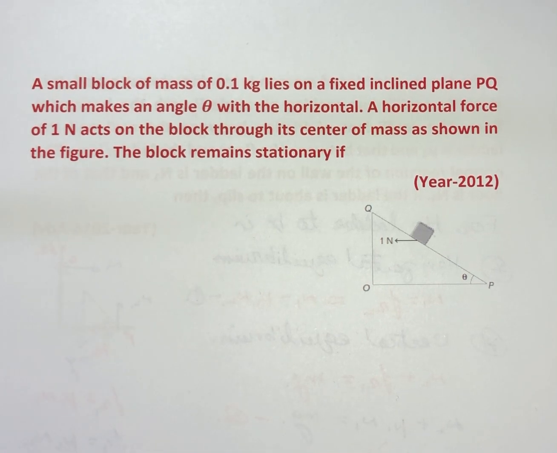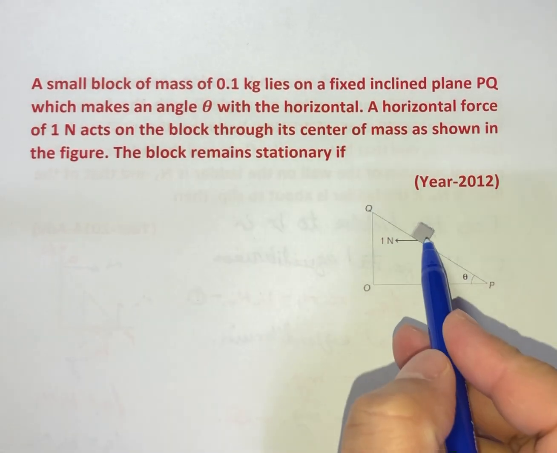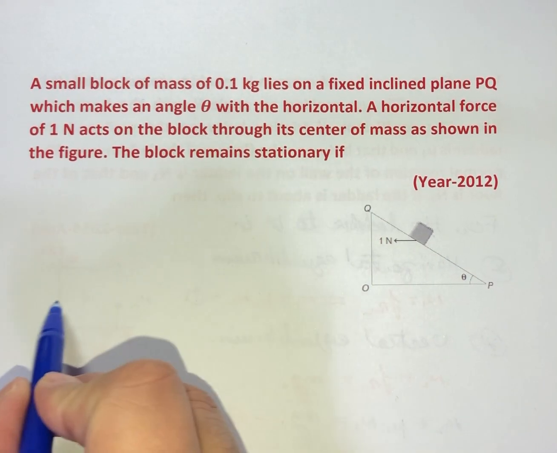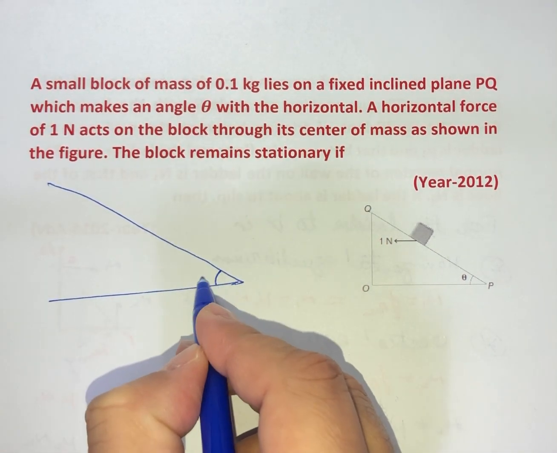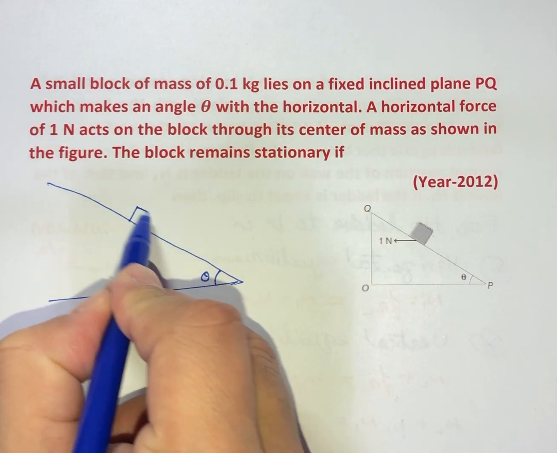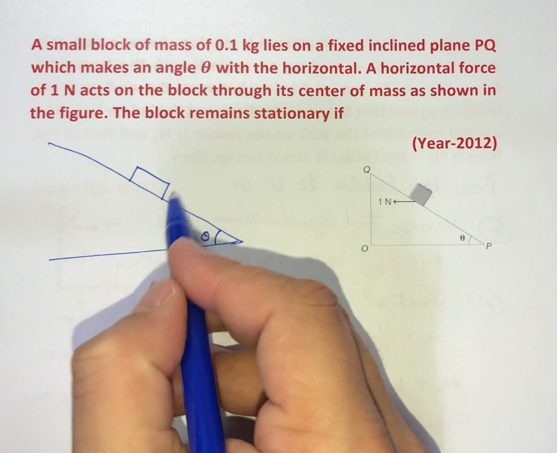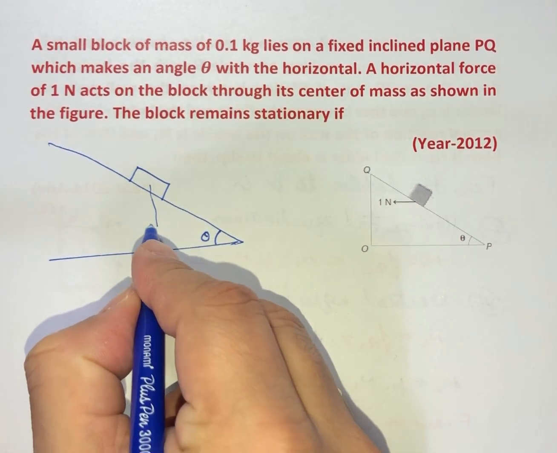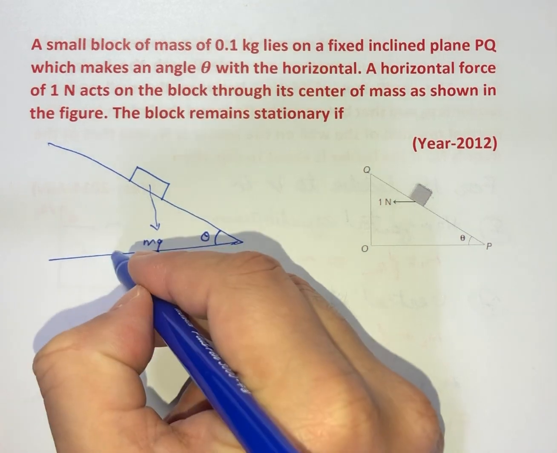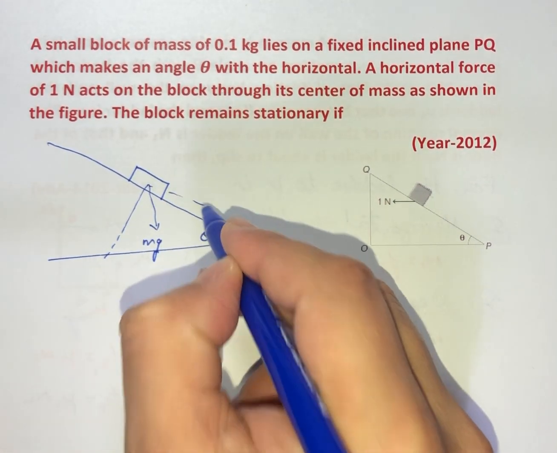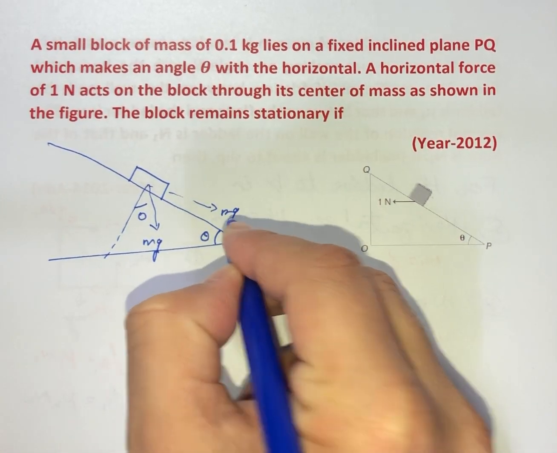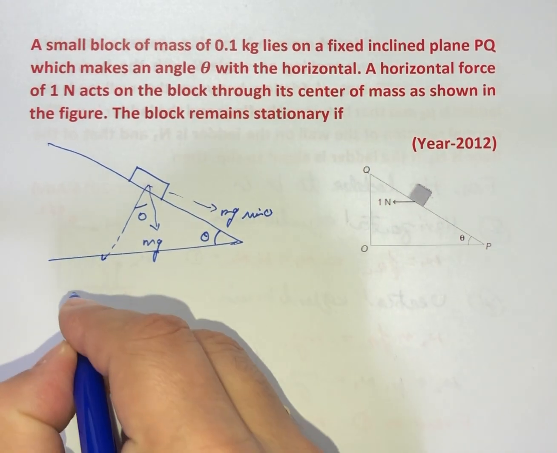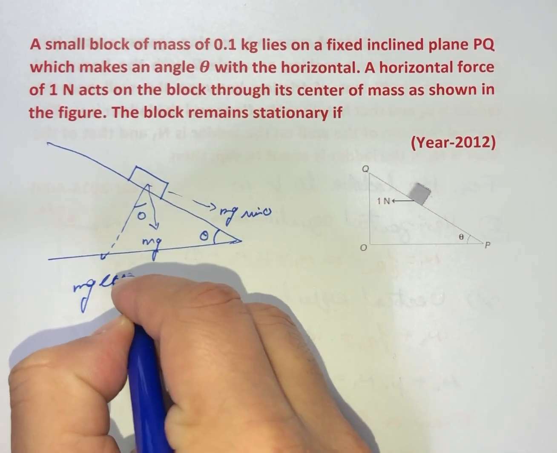Okay. So first of all, let's draw the various forces which will be acting on the block. So this is angle theta, and we have the inclined plane with the block of mass 0.1 kg. In the downward direction we are going to have mg, which can be divided into two components. This will be angle theta, so we are going to have this as mg sine of theta, and this will be mg cos of theta,